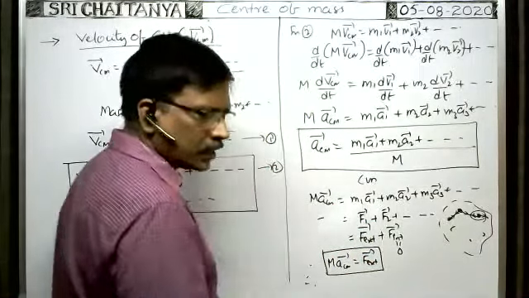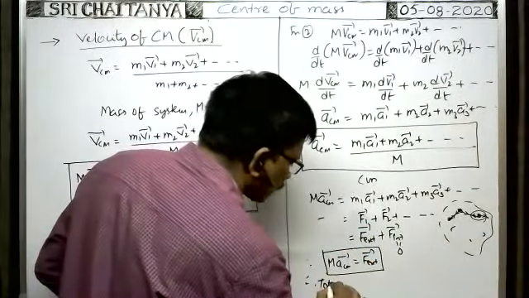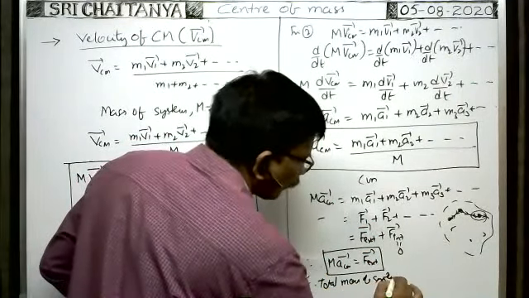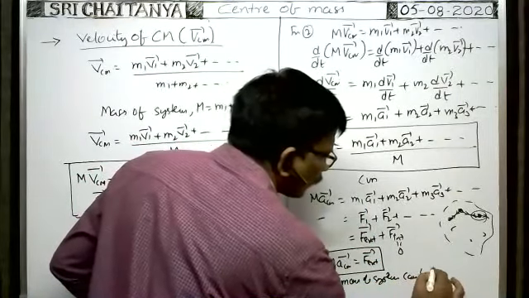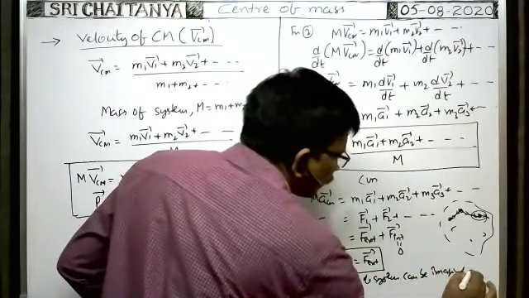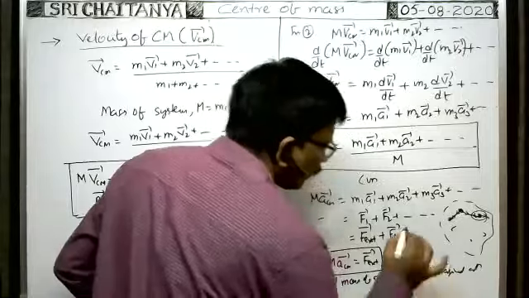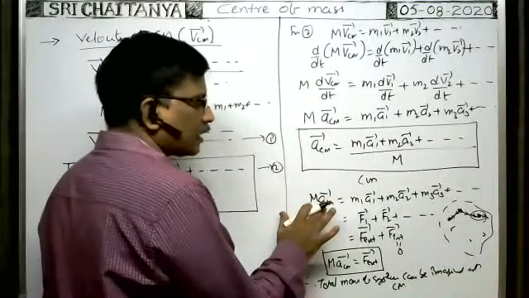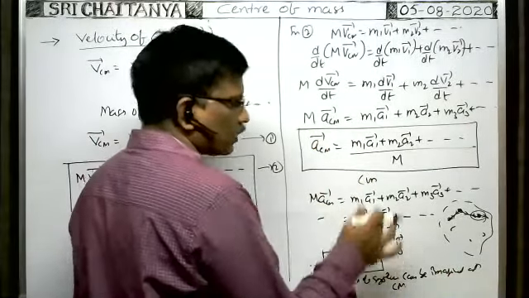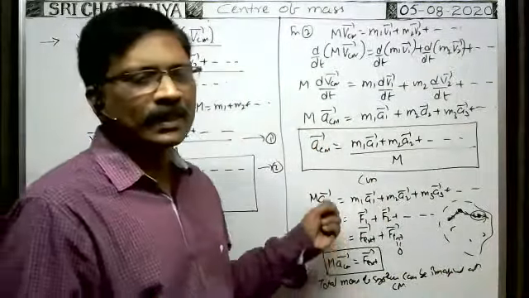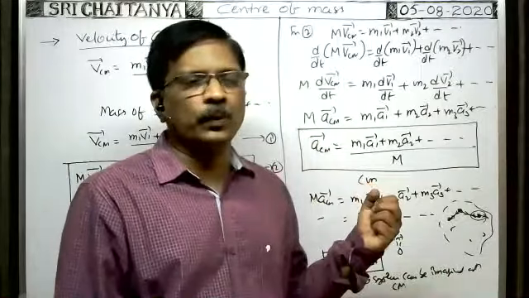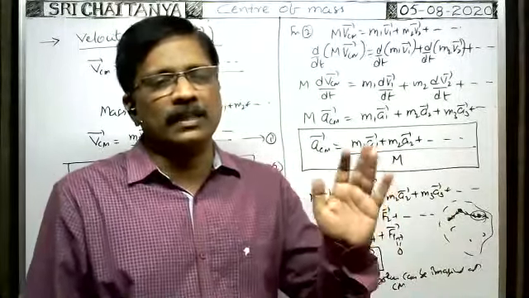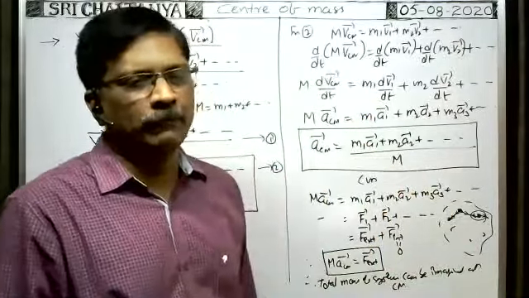Therefore, at this point, the total mass of the system can be imagined at the center of mass. But there is no contribution to the acceleration of the center of mass by internal forces. Because internal forces make no contribution to the acceleration of the center of mass, internal forces do not alter the state of center of mass. It's a very, very important point.